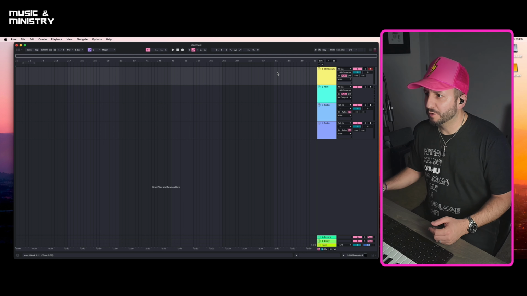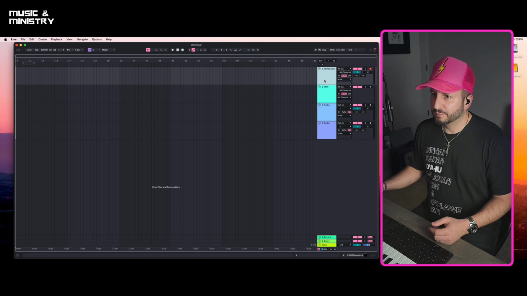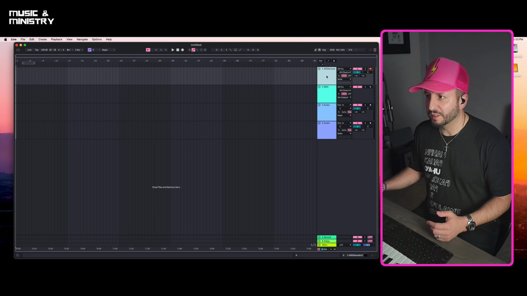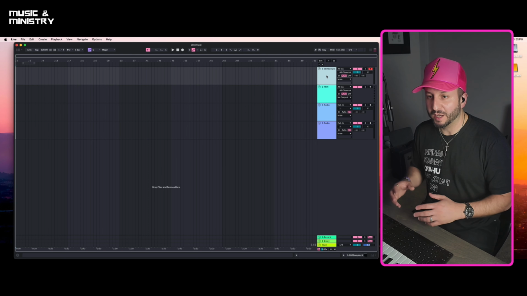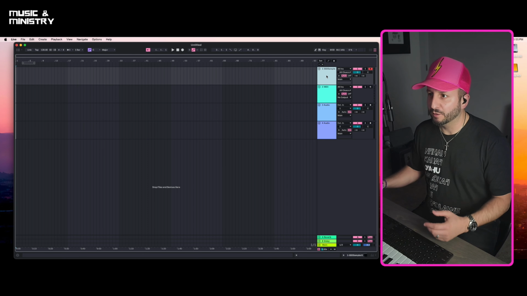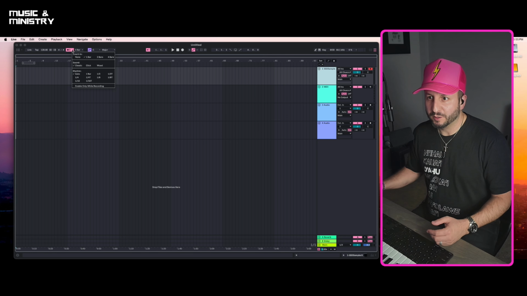Let me show you a couple more things on here. The best way to show you this is to go ahead and lay down a quick drum beat so I have a clip, and then I can show you how you can even zoom in and out literally by just using the letters H and W. So we'll just go ahead, we'll activate our metronome, and let's give ourselves over here right by the metronome, you can decide if you want to count in of 1, 2, or 4 bars. I'll just leave it at 1, and we'll